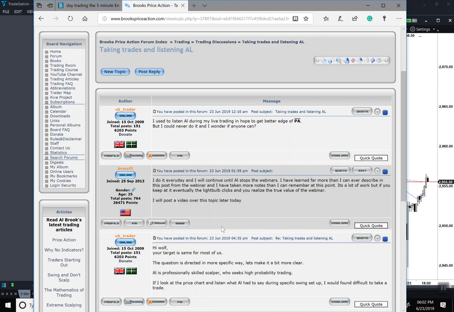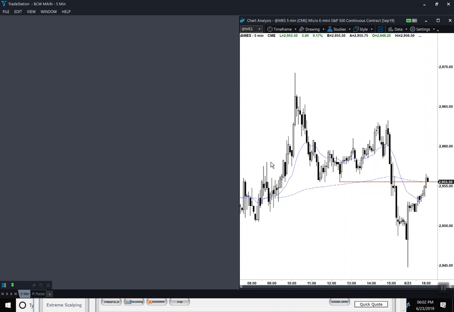And the reality with that, and I know this person spent a lot of time studying Al. You can see he's been in here since October. This person has been here longer than I have even. And what I would say is,